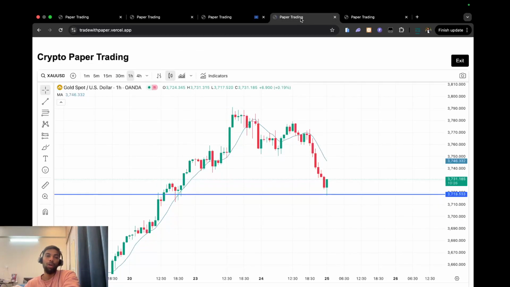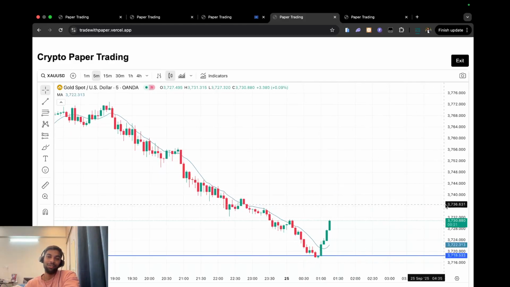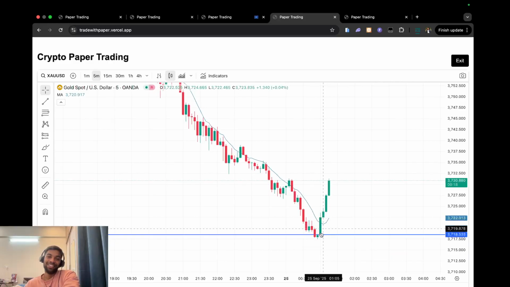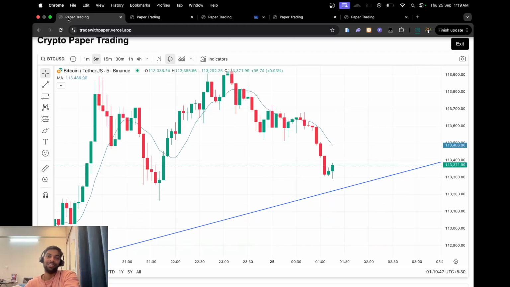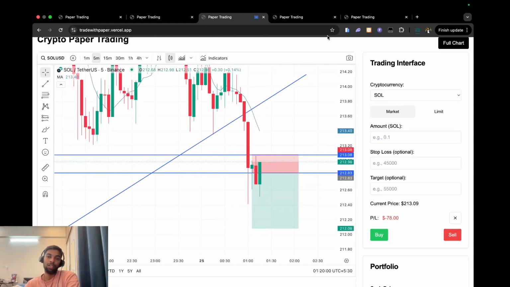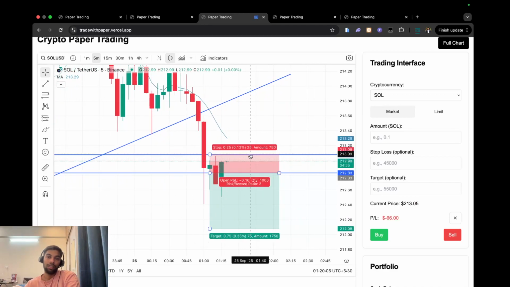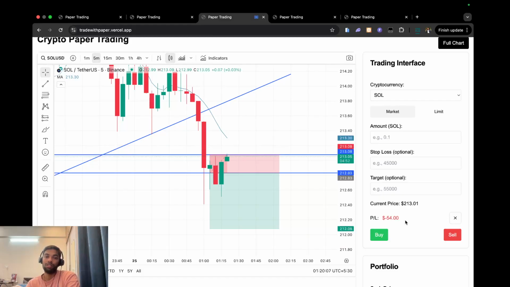But I'm just surprised with the gold. As soon as we entered in gold, gold started to reverse, I don't know why. It is taking all the stop losses of all the sellers that are present here. And in Solana, we are facing $36, $39 loss, guys. $45, so it reversed very badly, guys. Unfortunately for us, it is approaching our stop loss, $78, $75. Okay, I think we have to square off our position because it touched our stop loss, guys,